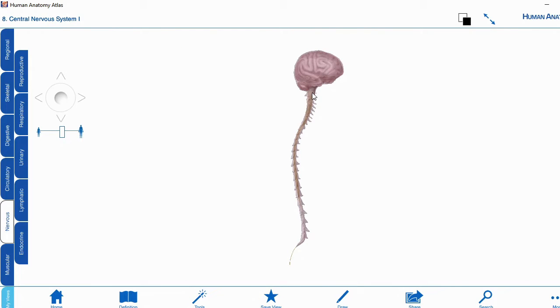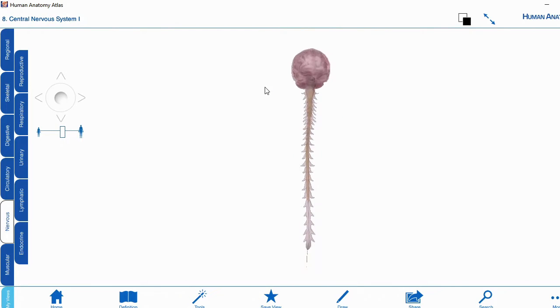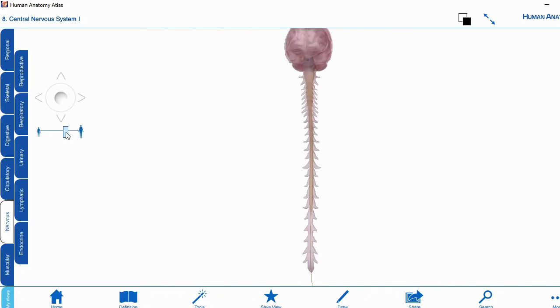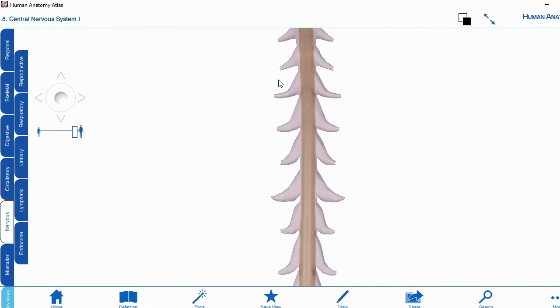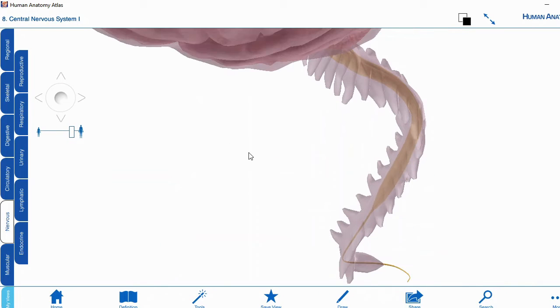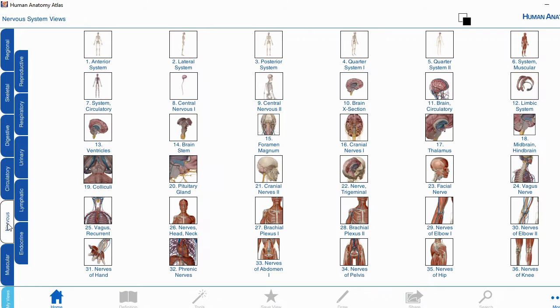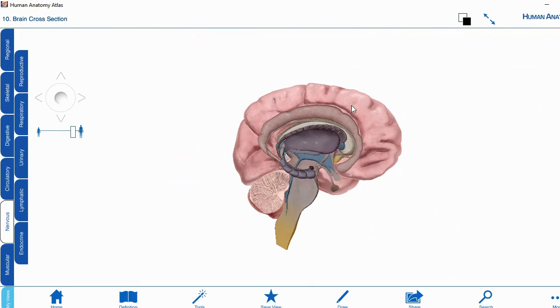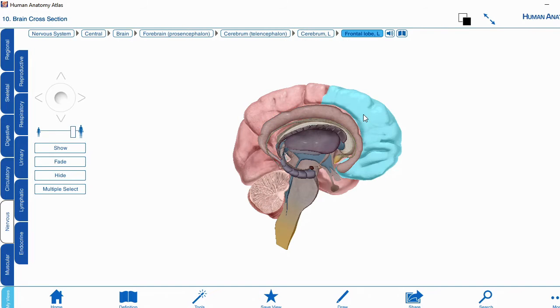The central nervous system has two parts. You can see this, the brain and the spinal cord. So this is the brain and this is the spinal cord, right? Now again I'll go to the structure of the brain. You can see here the outermost part, these are different lobes. Actually the cerebrum is divided into different lobes. All these are the lobes of the cerebrum. So this is the cerebrum.